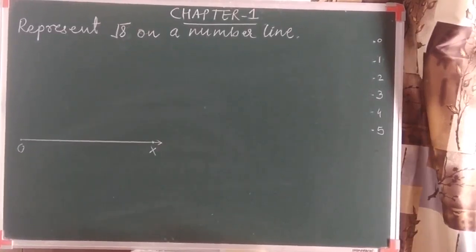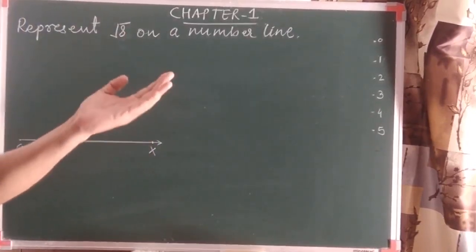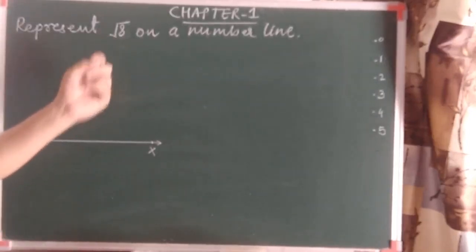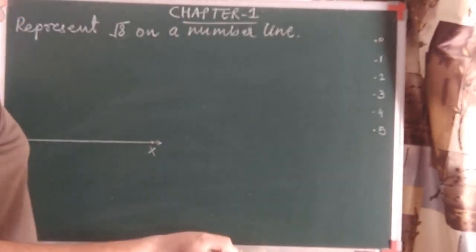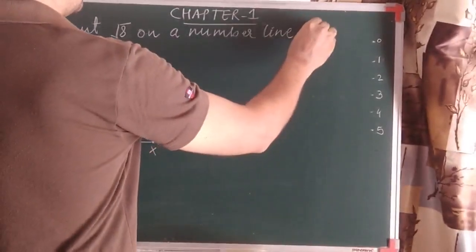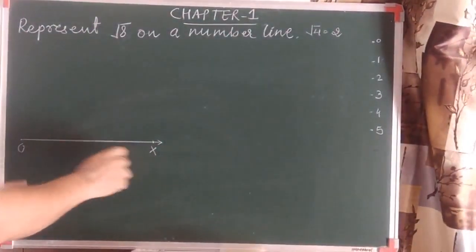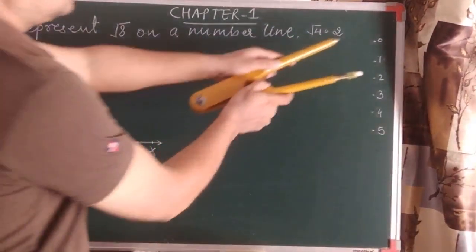Let's see one more question. It is an important one. Let's represent root 8 on a number line. Whenever we have to represent any irrational number on a number line, we first find how many units should be drawn on ray OX. As it is root 8, let's see the previous number, root 7, which is not rational, root 6, root 5, root 4. So we obtain root 4, which is rational, that is 2. So as we discussed, this OX should be of 2 units. So let us do that. Let us draw an arc of 2 units, that is 4 centimeters.